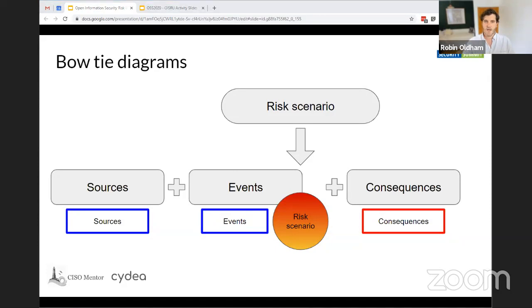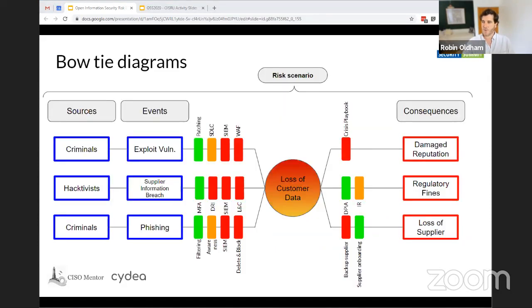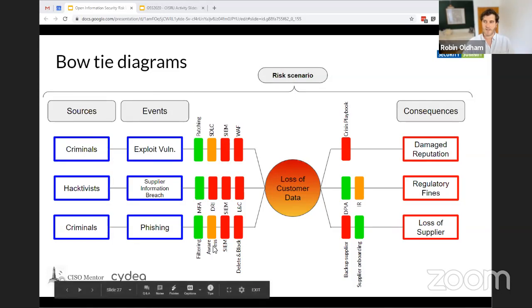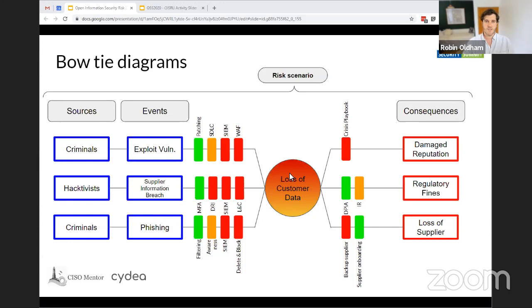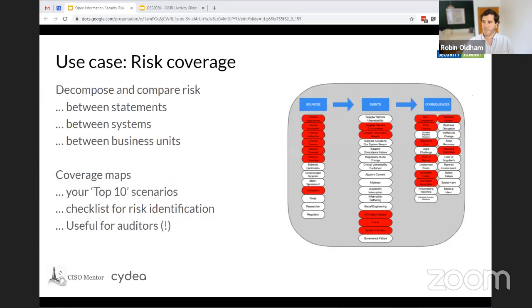to construct those, some of them being potentially quite a bit more complicated, and the barriers or security controls that you might put in place to help prevent an event from occurring in the first place, or to help mitigate the consequences afterwards. We talked a little bit about risk coverage